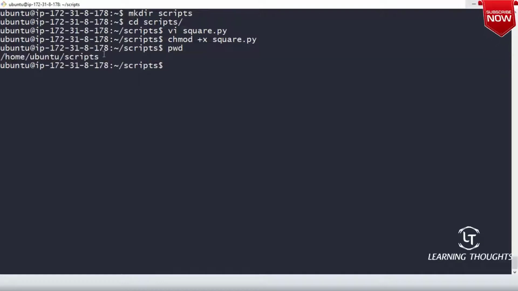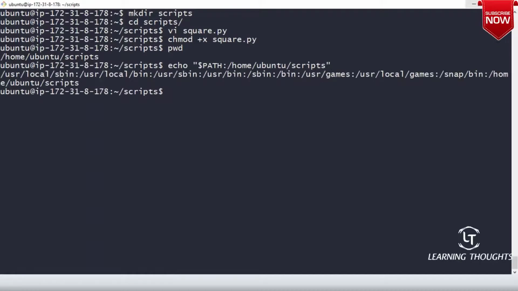I want to add this folder to the environment variable. If you look into echo $PATH, that is where Linux folders will be searched for. Let us see what values you get.